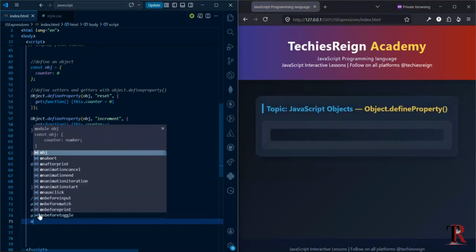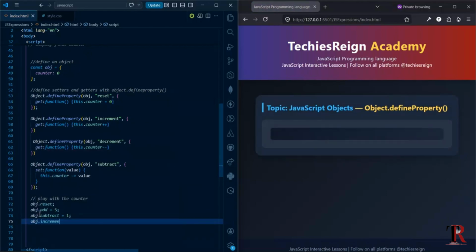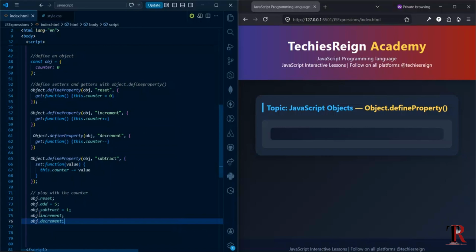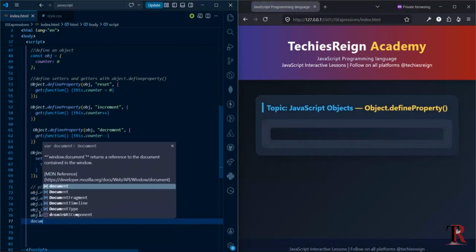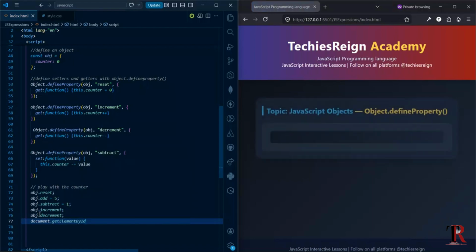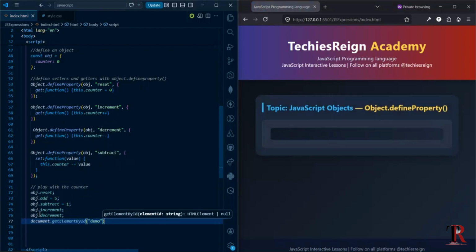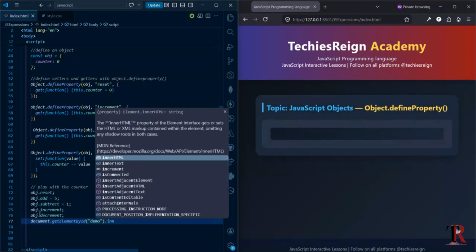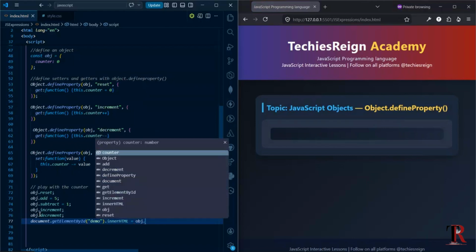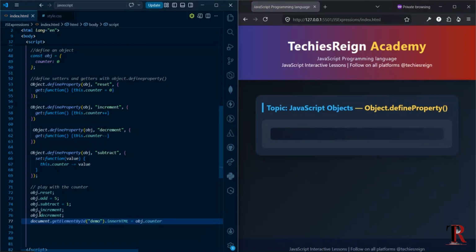What else do we have? We have the increment. Then we also have the decrement. And I can try to output this, getElementById, obj plus counter. And on the screen,